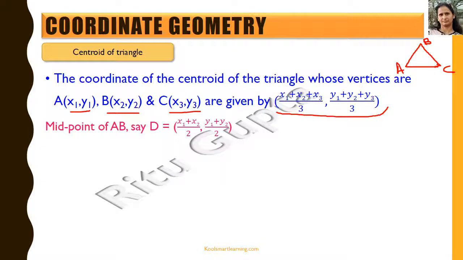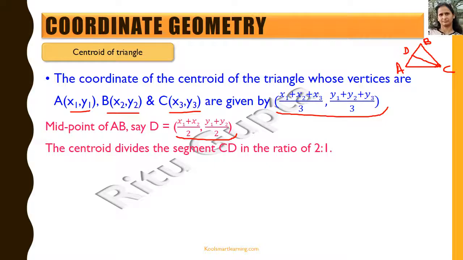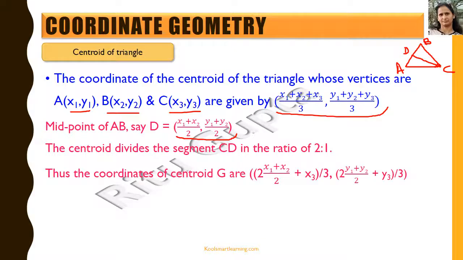Now here we can see that the midpoint of the side AB is x1 plus x2 by 2, y1 plus y2 by 2. Let's take this point to be D. Now the centroid divides the median CD in the ratio 2:1. So we can find out using the section formula the coordinates of the centroid as